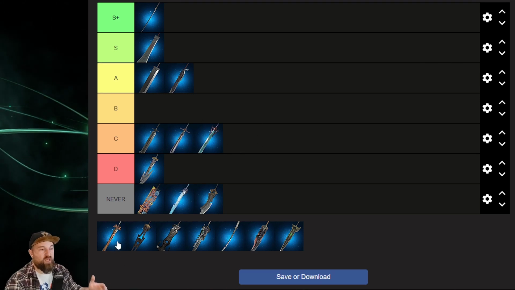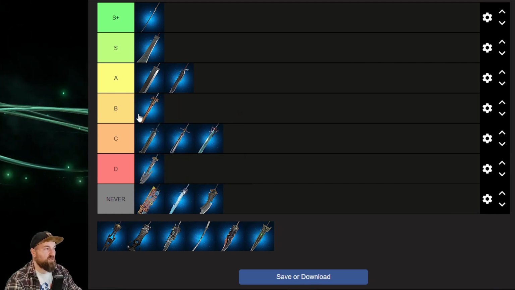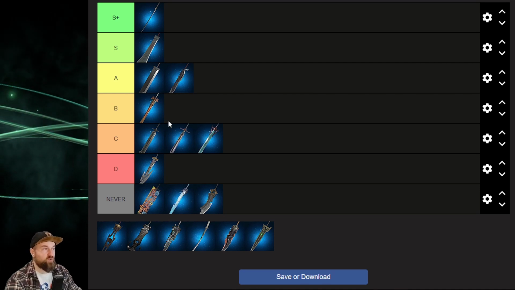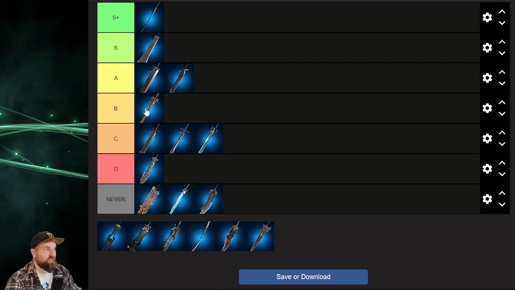All right, and next up we have our Enhanced Sword. So I'm going to take Enhanced Sword and just drop it right into B. It's a good place for it. This is an elemental weapon with an R ability that is for elemental ice increase. So this is really going to be good for making a little bit stronger as a sub equipment